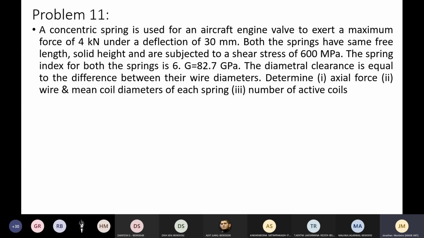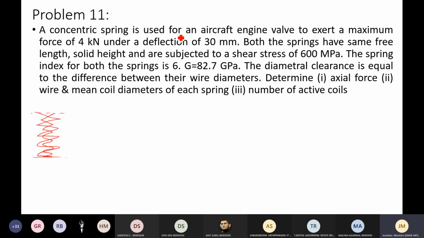Okay, I think we can start discussing this problem now. So what is that first word that we find? It's a concentric spring. When we say concentric, you will immediately understand what type of application it is with the theory that we have discussed. So concentric spring means one spring inside the other. If I roughly put this as a larger spring, oppositely wound you have a smaller spring inside it. Now the frame of reference is the same, so the bottom is the same.